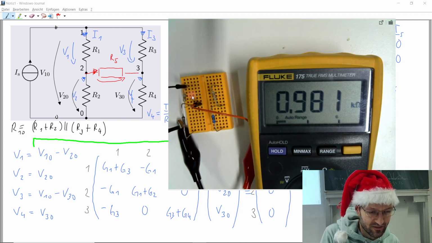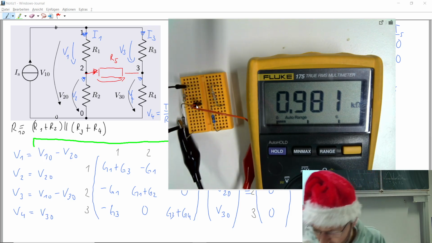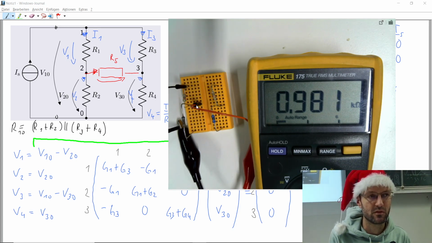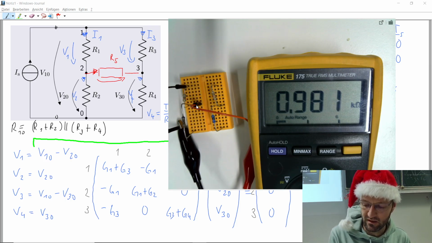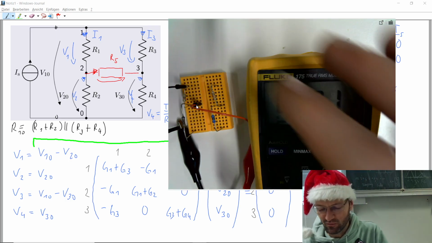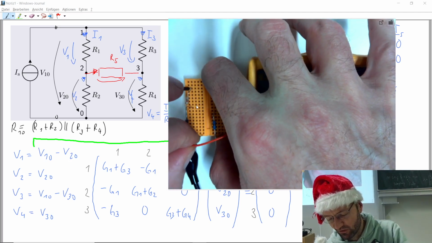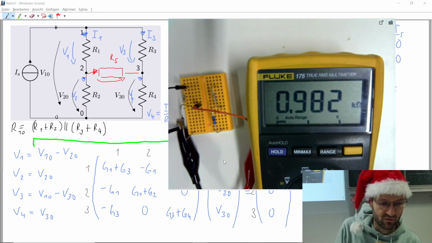The colors that it has are brown, black, and red. And brown is a 1, black is a 0, and red is another 2 zeros or something like this. So there are color tables for this where you can check the meaning of these colors. At the end you get to 1000 ohm. Okay, so let's check again, this was the 1 kilo ohm resistor.